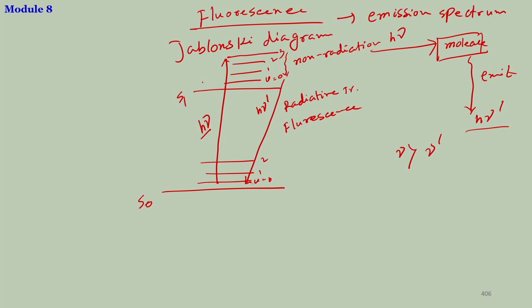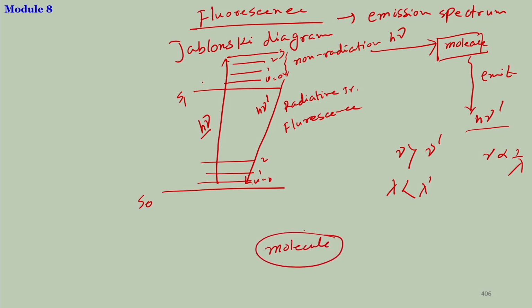In other words, if you convert it into wavelength, nu equals hc by lambda. So, nu is inversely proportional to lambda, the wavelength. So, lambda would be less than lambda prime, or the wavelength for the fluorescence would usually be higher than the excitation radiation. So, if you consider a fluorescence molecule,